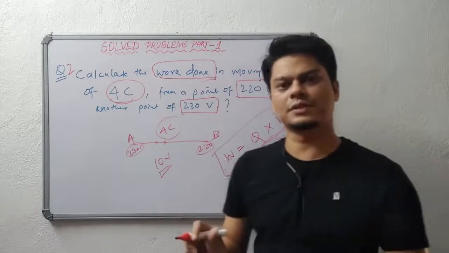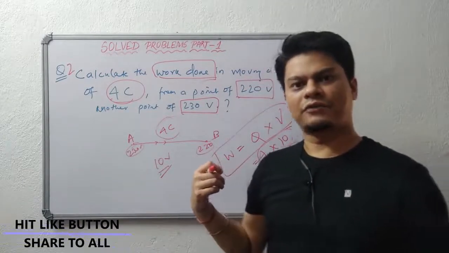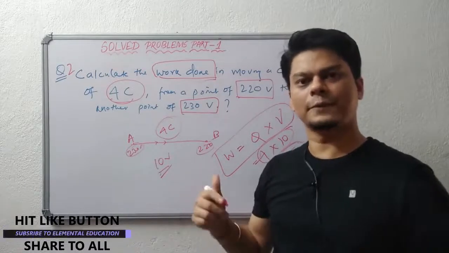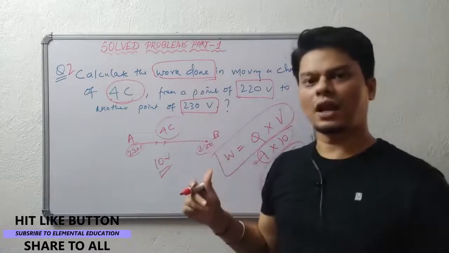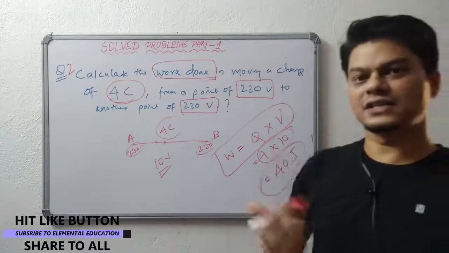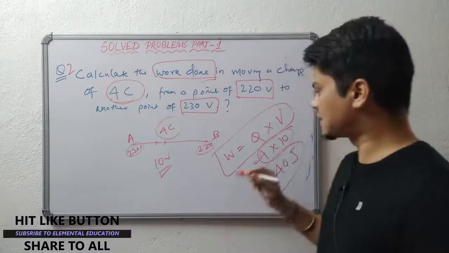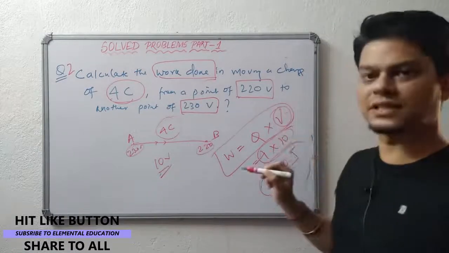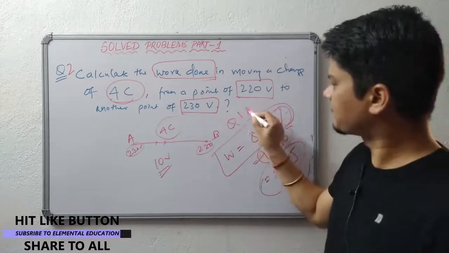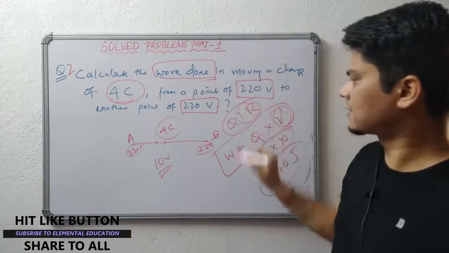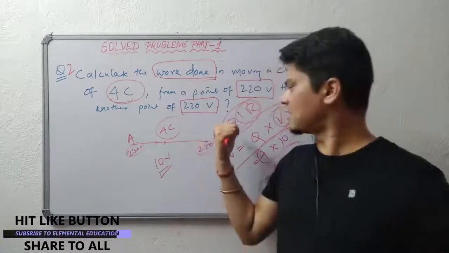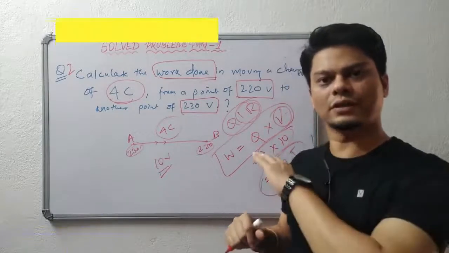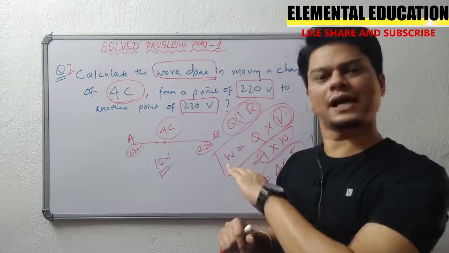So guys, always remember the formulas and the different derivatives of the formula as well, because it will be helpful. Suppose there is a different question where current and resistance are given instead of V, then it will be Q = IR, because V = IR. So remember these kinds of formulas as well. Based on the situation, you will put the appropriate formula to find the answer.